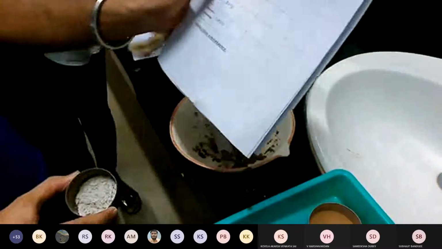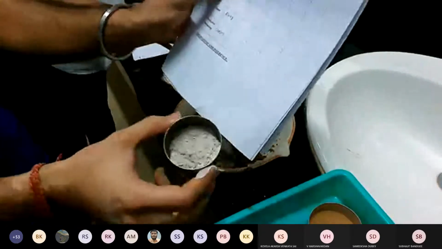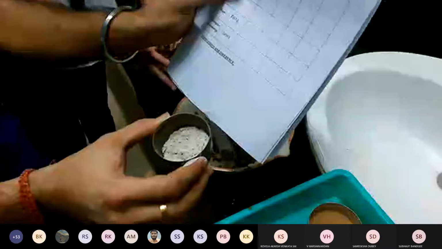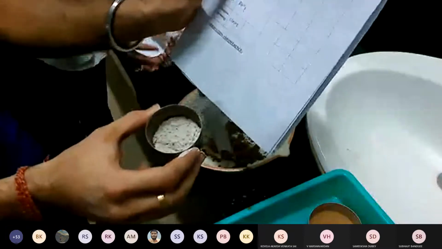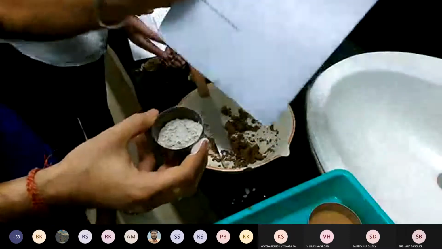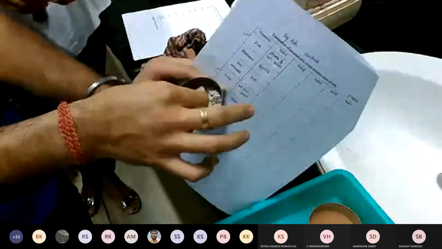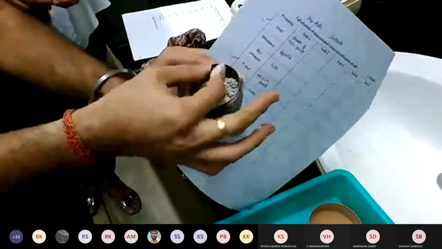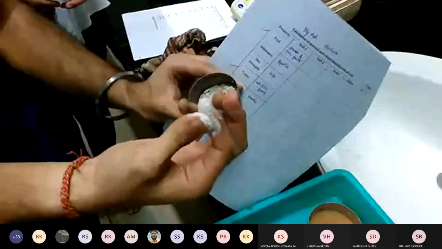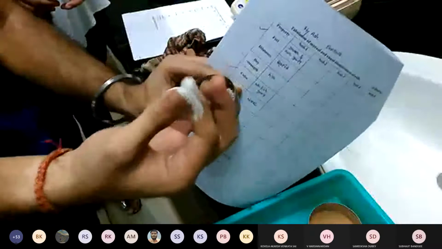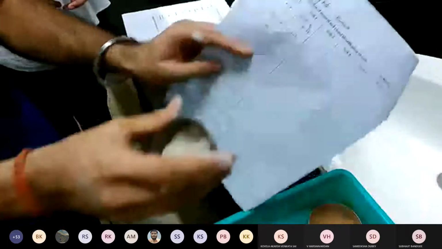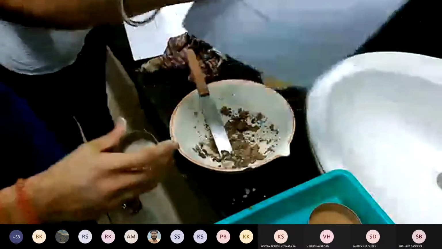Then odor, you need to smell it. It is a qualitative test. If you can sense any smell, then you can report it. We couldn't sense anything, so it was reported as none. Then particles. Here we had the opportunity to look at it through a microscope, so we could report this as flaky. But as you can see, the particles are too small. For fine substances like clay or smaller particles of silt, you cannot even distinguish what kind of shape it is. If you can distinguish, then you need to write what kind of shape it is.